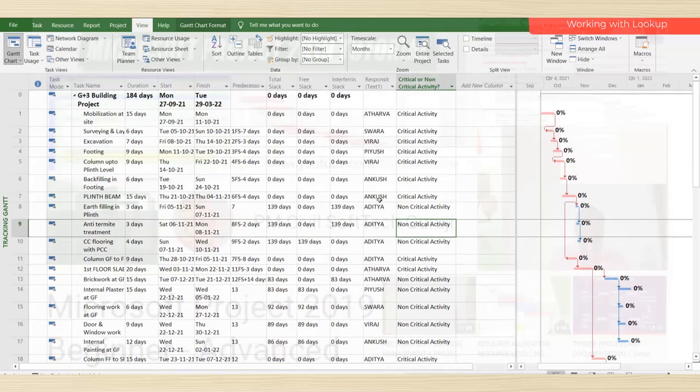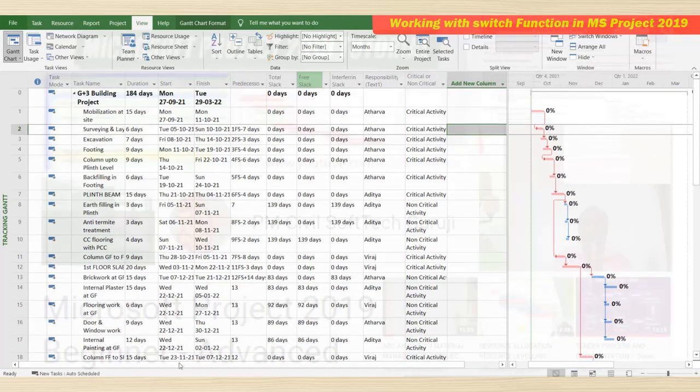If you are well versed with MS Office, that is MS Word, MS PowerPoint and MS Excel, then this will add to your advantage in learning MS Project as well as Primavera. After completing MS Project, we'll go for learning Primavera. So thank you. Again in this video, next we will see the switch function.